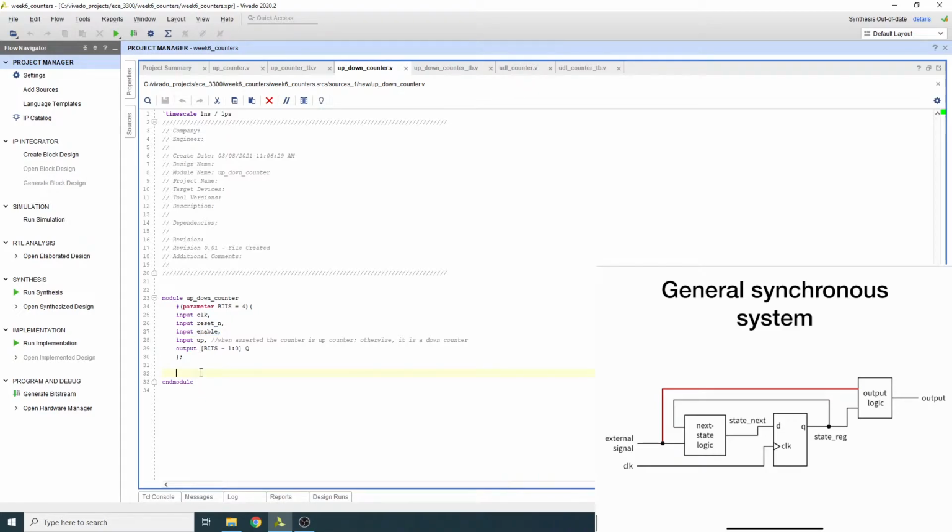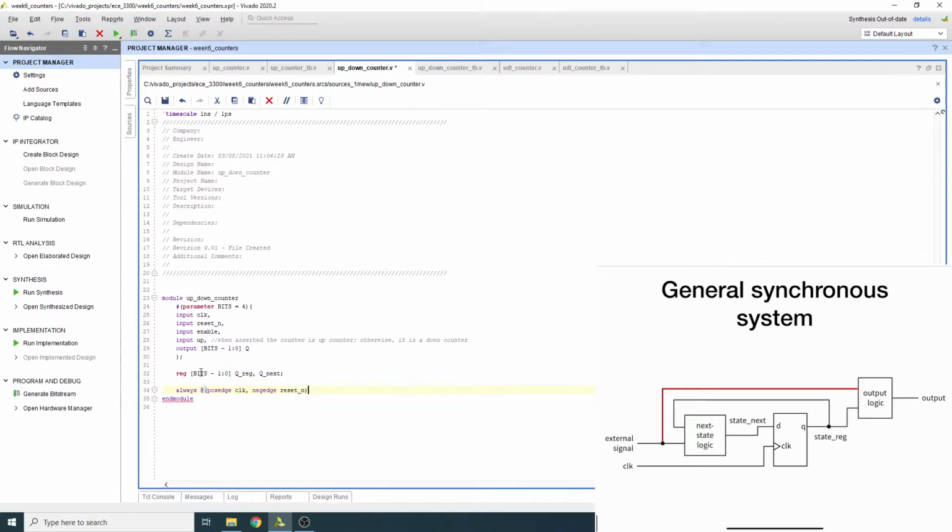And the way we do it is very, very similar to the other one. I'm going to create the registers for me, and then the register should have a reset and so forth. So we're going to do reg, and it's generic, so its number of bits is bits. It's of size bits, and then we do reg and then q next. And then here is for the positive edge of the clock, and the negative edge of reset n,